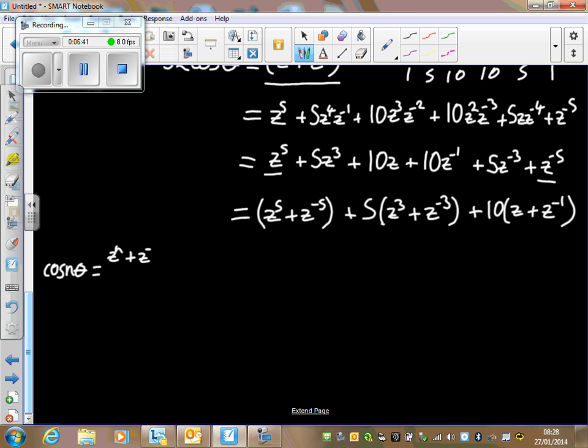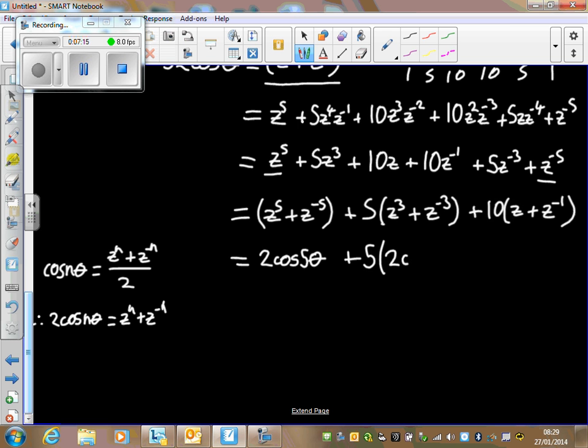Remember, cos n theta is equal to z to the n plus z to the minus n all over 2. Okay? So that means that 2 cos n theta is z to the n plus z to the minus n. Now, here we've got z to the 5 plus z to the minus 5. That has to equal 2 lots of cos 5 theta. Here we've got 5 lots of z cubed plus z to the minus 3. This has got to equal